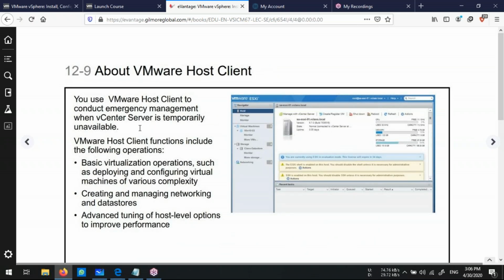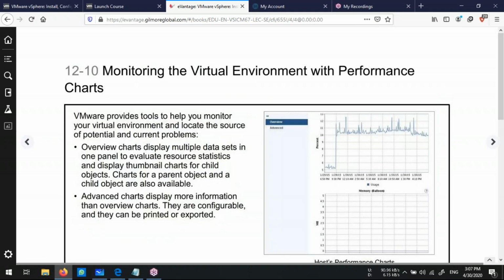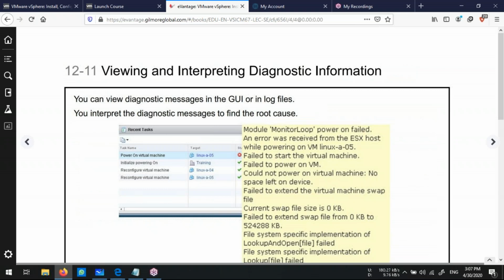And if your vCenter Server is temporarily unavailable, you can perform some emergency tasks using the VMware ESXi console. Basic virtualization operations like deploying machines, starting machines, and creating or managing your networks and data stores. You can monitor your virtual environment using the performance charts. You can perform diagnosis with the help of log files that you can find on your vCenter console and